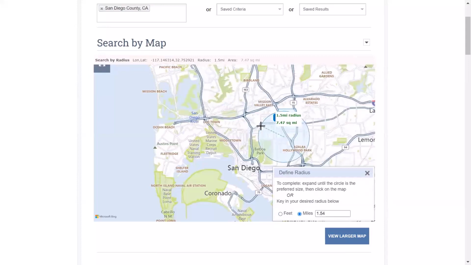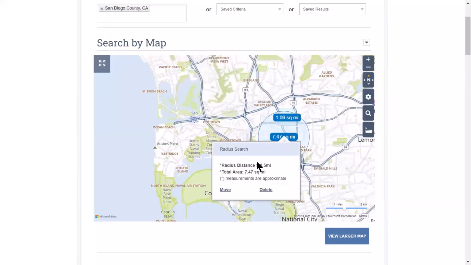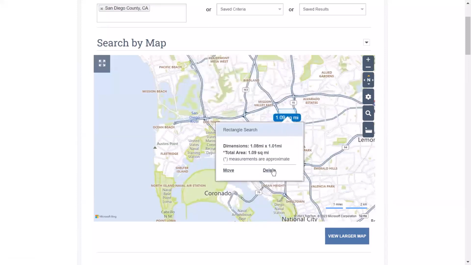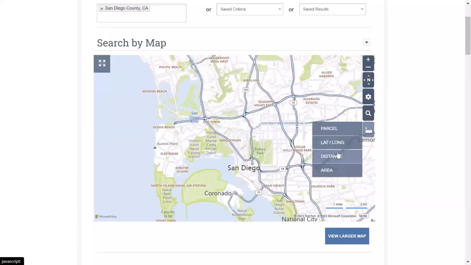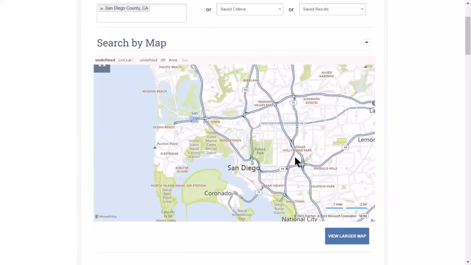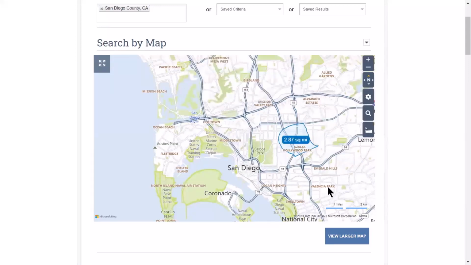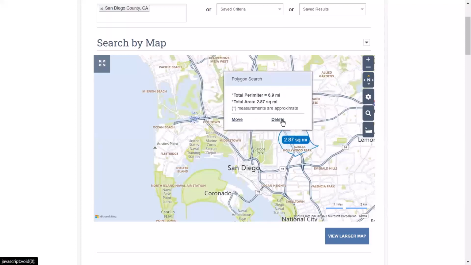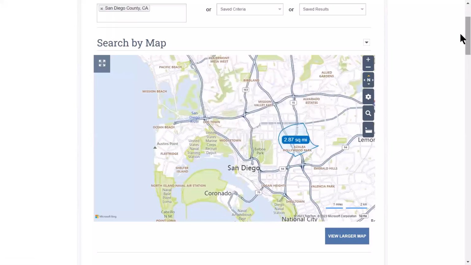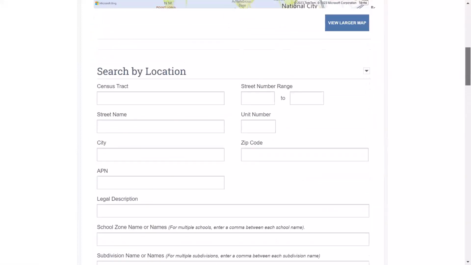Move out and click to stop. Real simple. And with the freehand, you do have to hold and drag. So I'm just going to hold, drag, and once I let go, that finishes my shape. Really easy. So now I can use that location and the search fields below to perform the search.